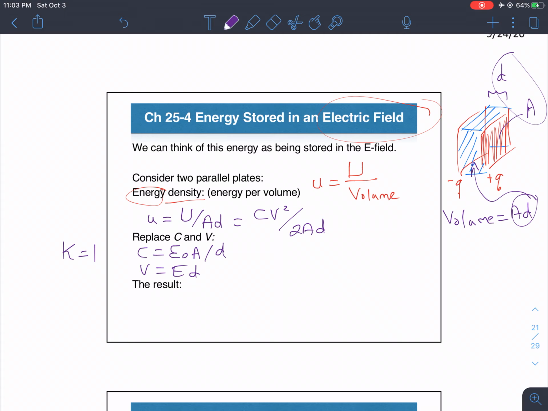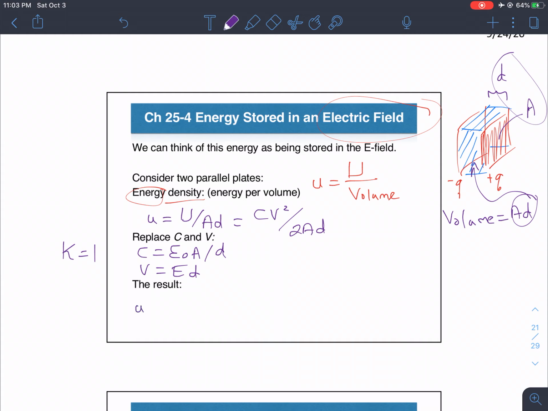We don't really care about that negative sign in capacitors, because we are not trying to look for the electric field direction or anything, but if we need it, we can also use it. And again, this V equals ED is only true for constant uniform E fields. So if you put these together and replace that in the energy equation,